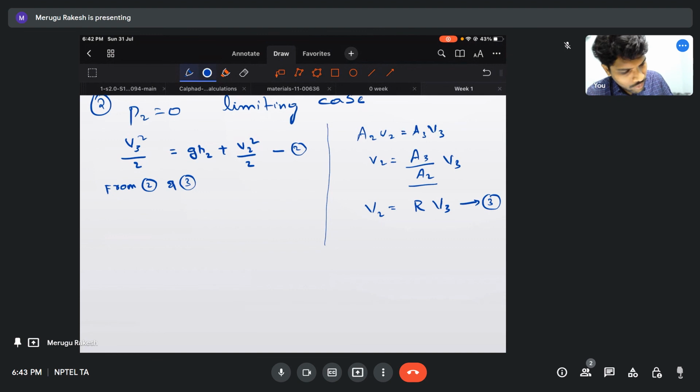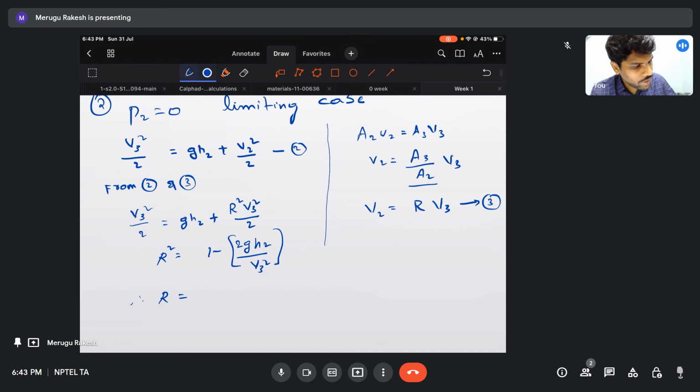we have V3 squared by 2 is equal to gH2 plus R squared V3 squared by 2. So if we simplify this, we will get the value of R, 1 minus. So this is the value. So therefore R is equal to,